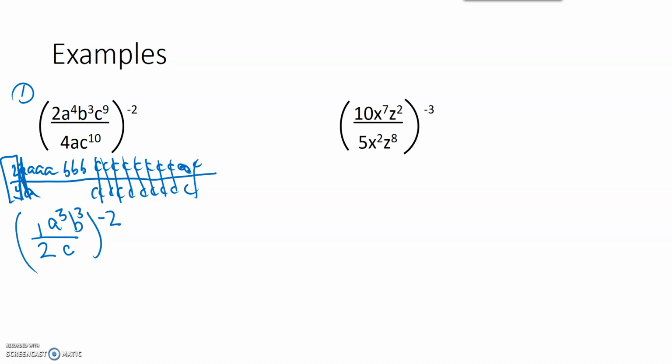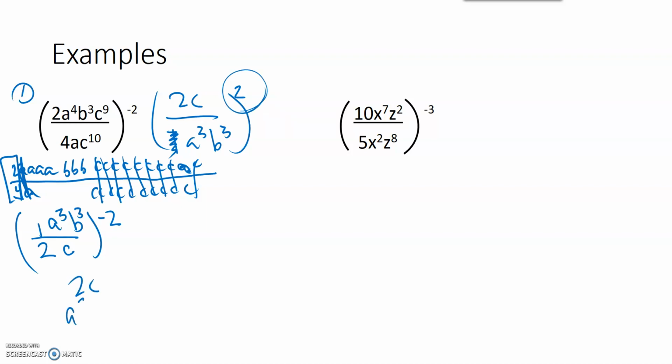To the negative second. My rule that we're focusing on today is that we flip the whole thing and make the outer exponent positive. Okay? Now this 1 here, I don't need to write it. You can leave it, but it's not necessary. All right? And then this 2 on the outside as the exponent means that I have 2 of this group. So I have 2ca cubed b cubed,